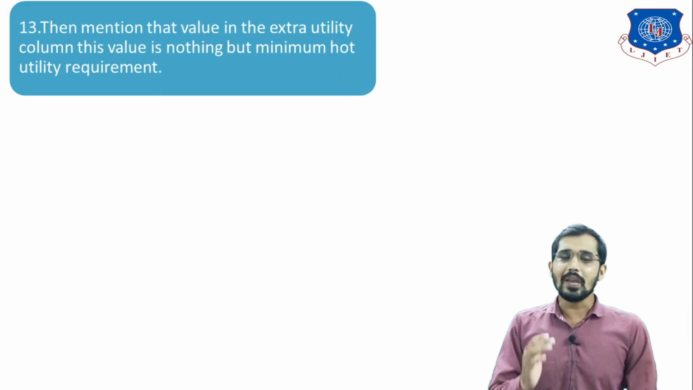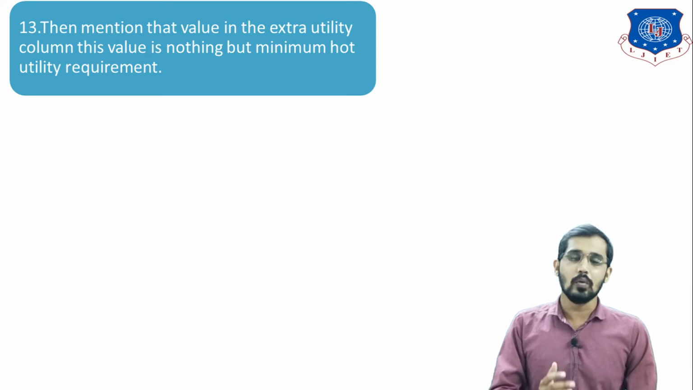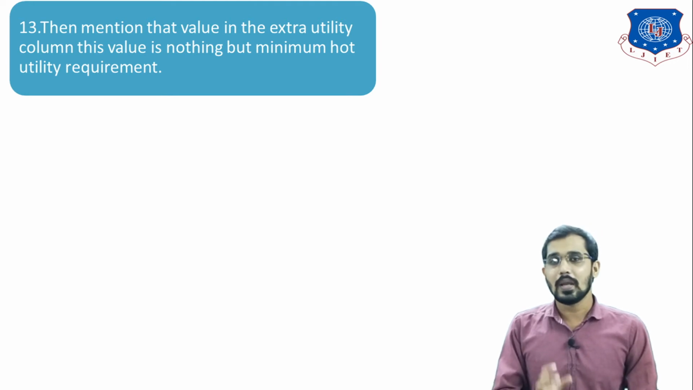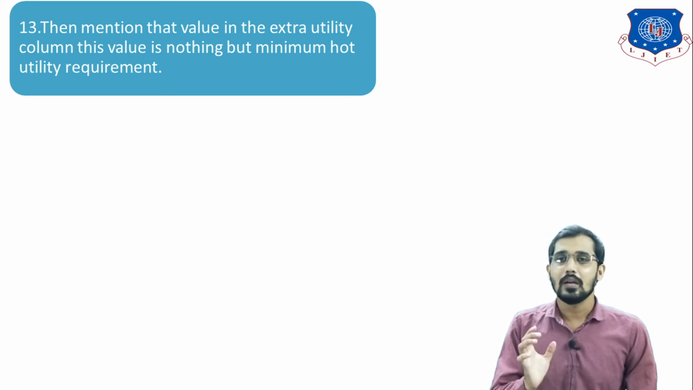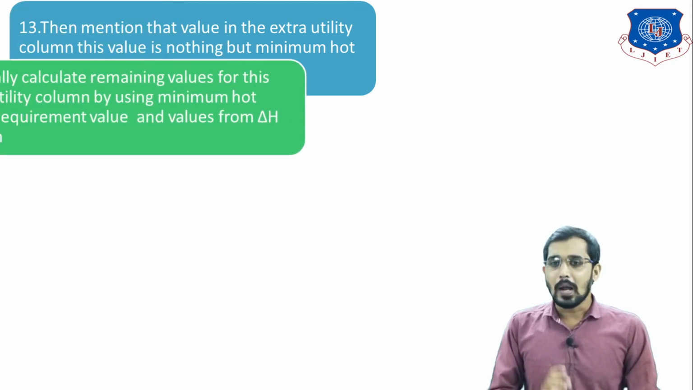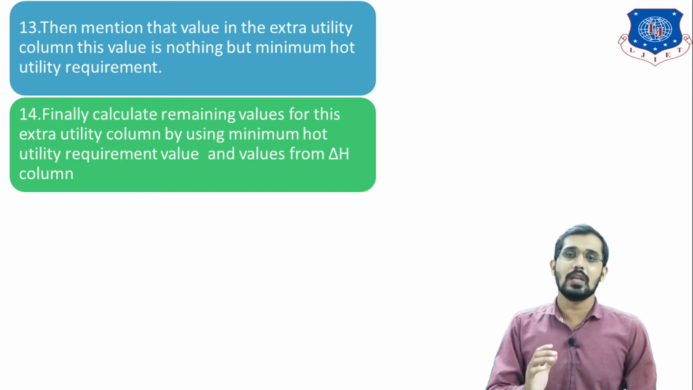Then you have to mention that value in the extra utility column. That is the topmost row of the extra utility column, and that heat is nothing but the minimum hot utility requirement for your process streams. After that, you can finally calculate the remaining values for the extra utility by using this minimum hot utility value